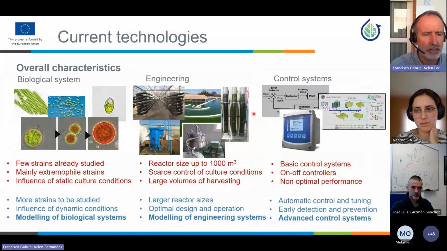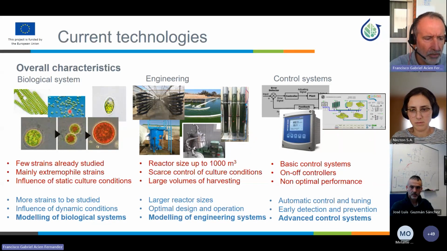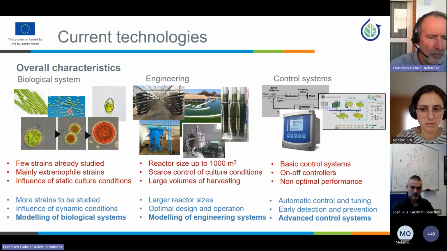The overall characteristic of all these facilities or technologies is that we must face 3 major aspects. The first one is the biological system. We must recognize that today we are using only few strains, most of them extremophile strains, under very high salinity or alkaline conditions. We are managing these strains more or less in a static way. I mean, considering the optimal culture conditions that we determine in the laboratory,